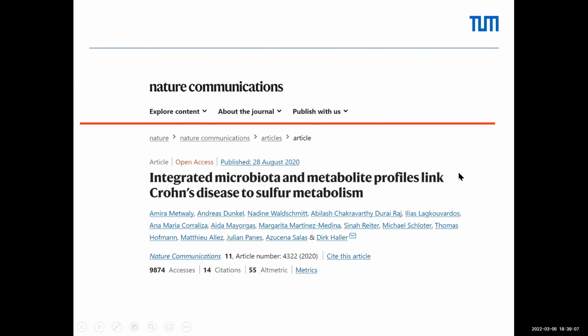And so here we move to the main focus of today's talk. I'm going to present you the findings of a paper that we published last year in Nature Communications. And in this study, the aim was to identify a microbiome signature which would be unique to inflammatory bowel disease,